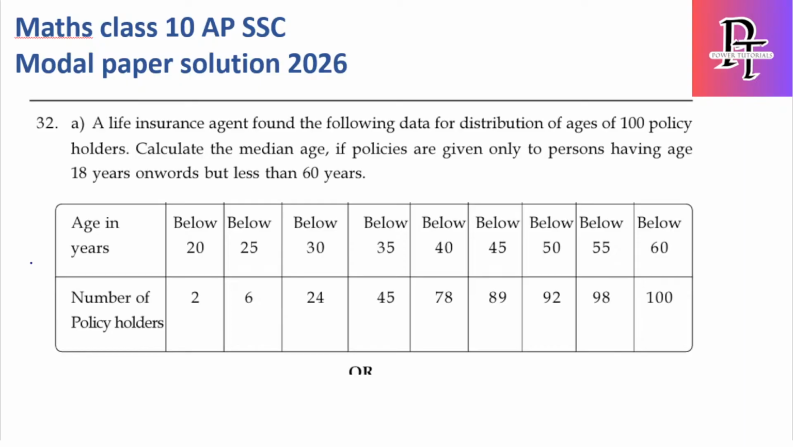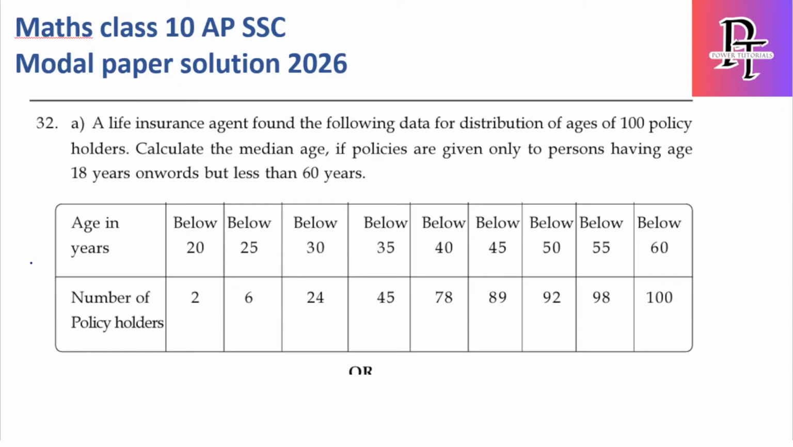Let's say 32nd question. A life insurance agent found the following data for distribution ages of 100 policy holders. Calculate the median age if policies are given only to persons having age of 18 years onwards but less than 60 years. Okay, to find the median or mode, what you have to do is you have to first draw